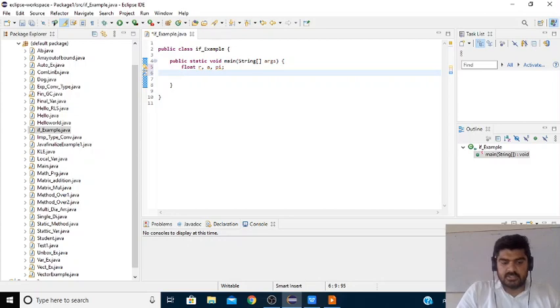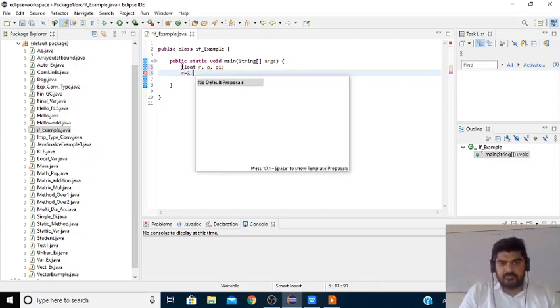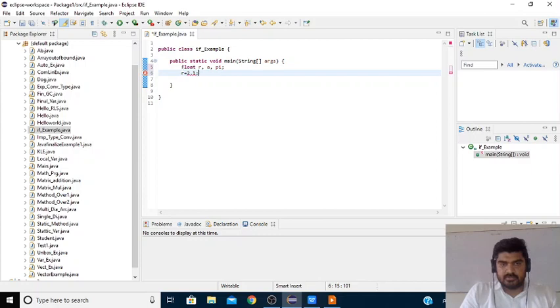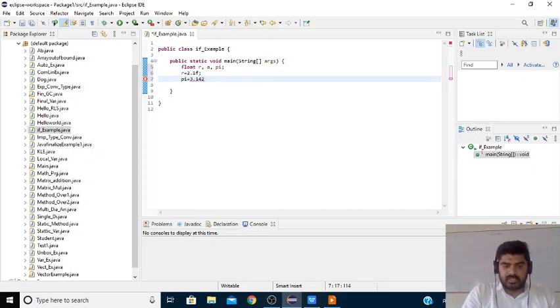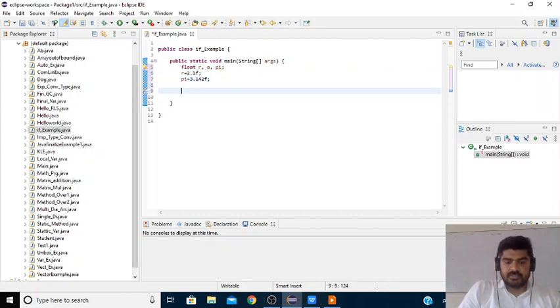Okay, next assign radius equal to 2.1f. Just mention it as f. Pi equal to 3.142f. Okay, so we'll check if r is greater than or equal to 0.